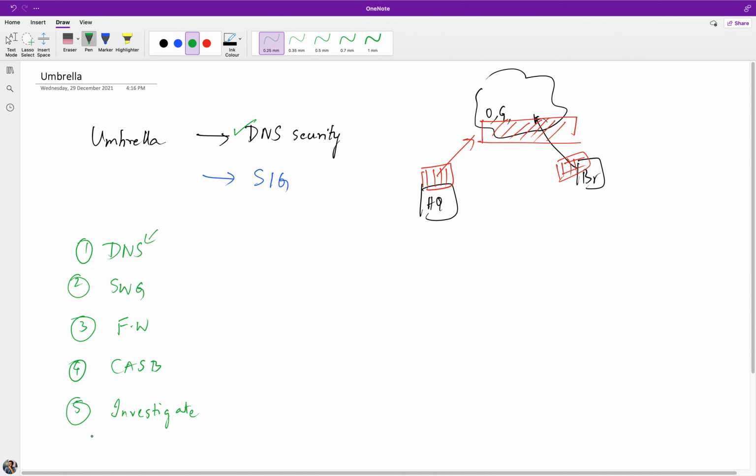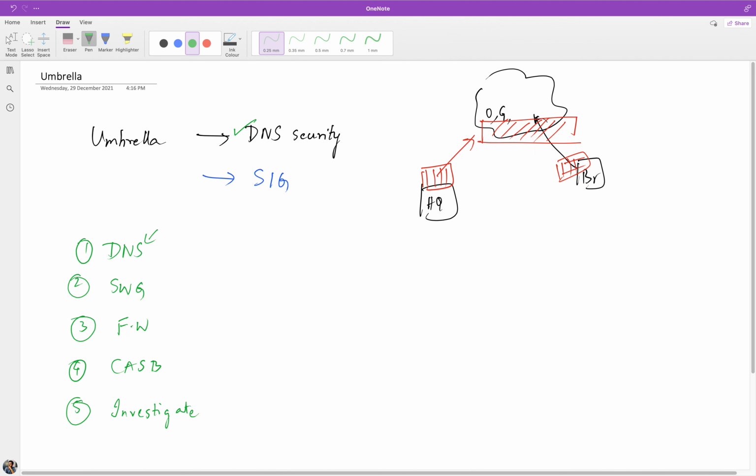So these are some of the capabilities. I mean, there are many more as well. If you want to double click, we can also talk about DLP and so on, but some of the top capabilities when you talk about Umbrella, these are the ones. I just wanted to list them, we will talk in detail in a minute, because what we are going to talk about next is the components of Umbrella. Alright,